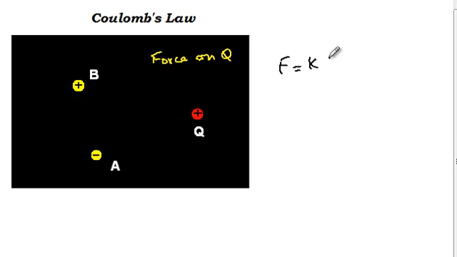So you know this is K Q1 Q2 by R square. We can't apply Coulomb's law to three charges at once. We need to first apply it to two charges and then to the other two charges and then add up the total force vectorially. I have discussed this in the next lesson.